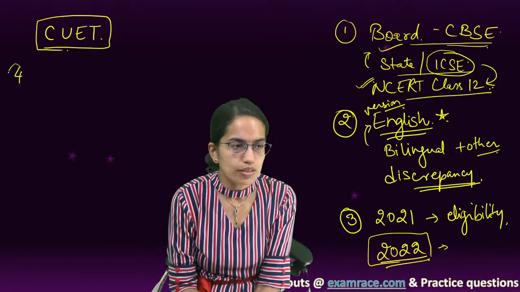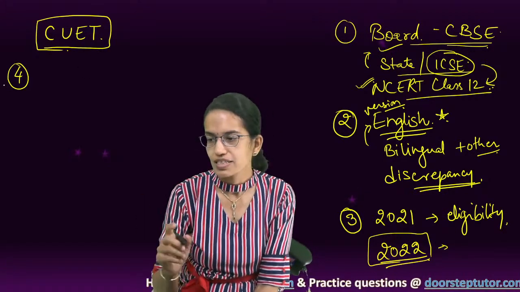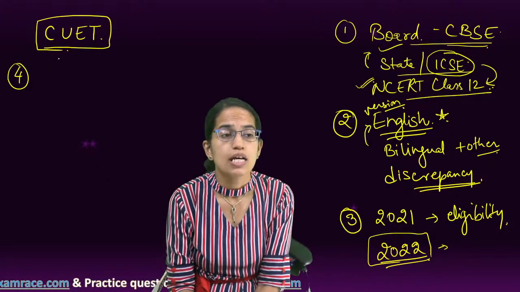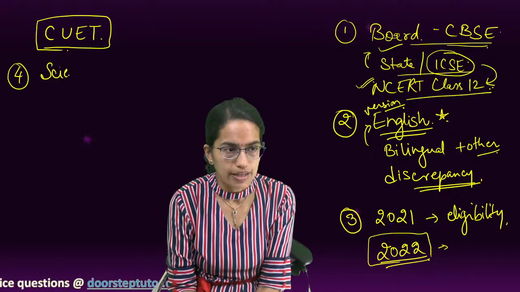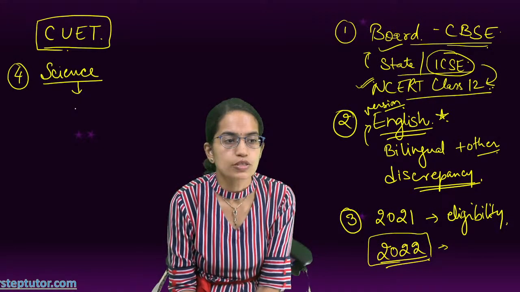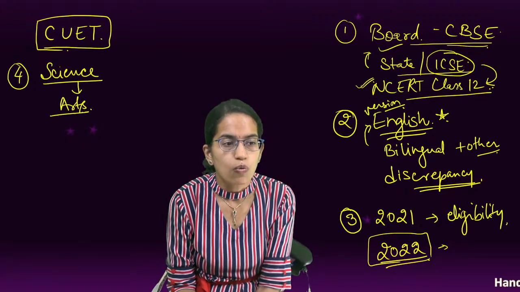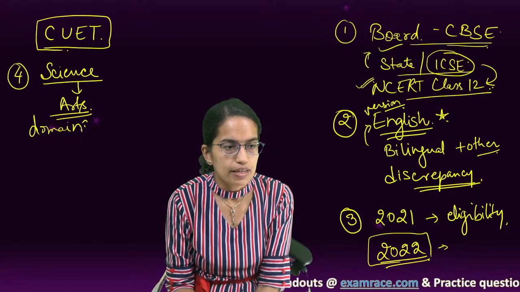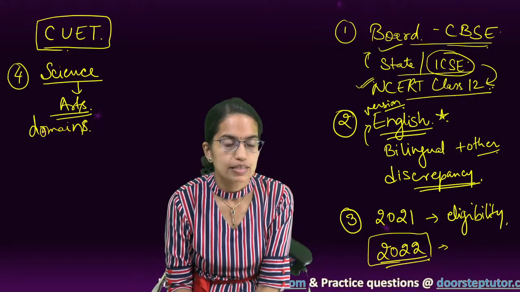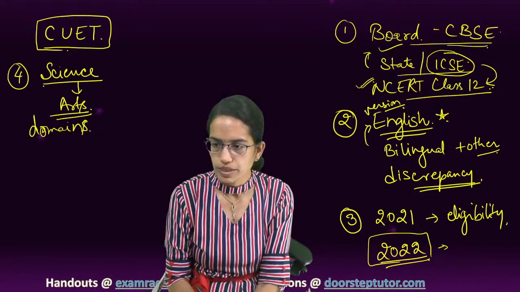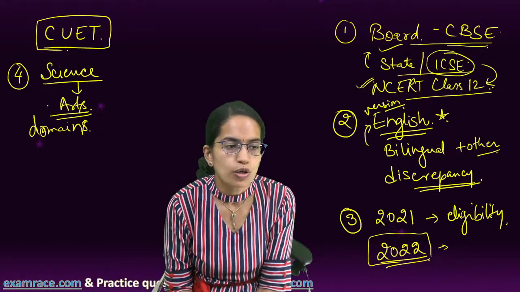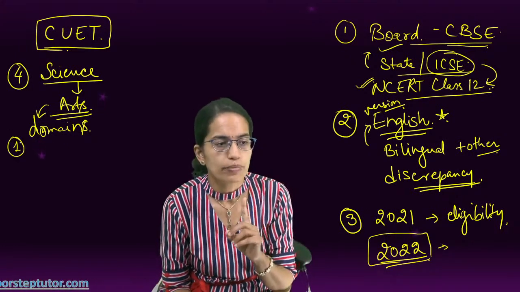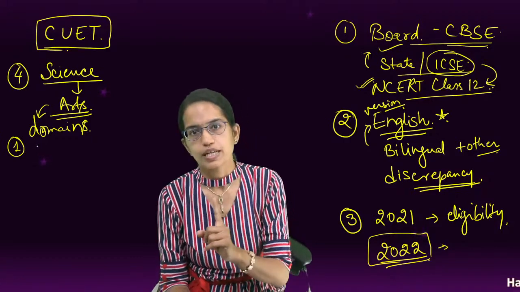The next important question, the common questions. So we are just taking the common questions that students are querying. The next question is, I am a student from a science background. However, I want to pursue arts. Now, what would be the best domains that I can pick? Now, definitely, if you want to pursue science, we would recommend that you keep all the domains of science. But if you want to switch to arts, we would recommend that at least one domain of arts should be taken as a paper.